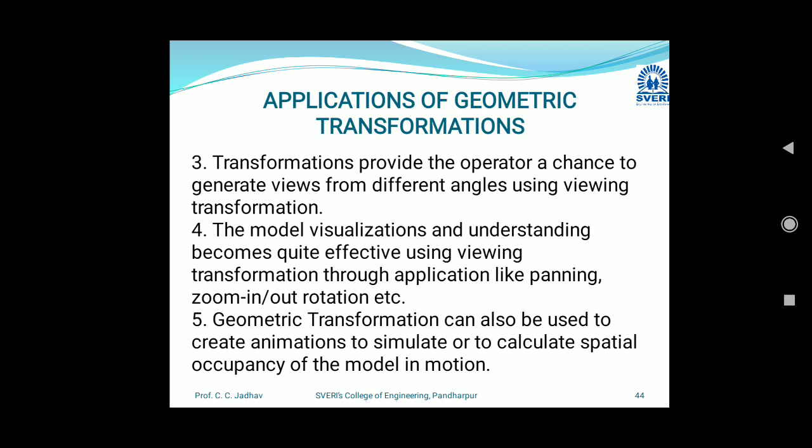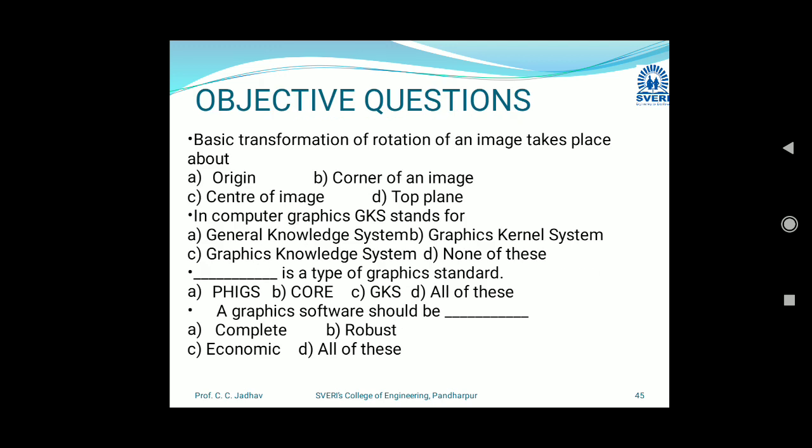So we will see some objective questions from this first part. The basic transformation of rotation of the image takes place about origin, corner of the image, center of the image, or top plane. The answer is origin. Like this there are some objective questions. Please go through these questions; you will understand the first geometric transformation part. Second, GKS stands for Graphics Kernel System.